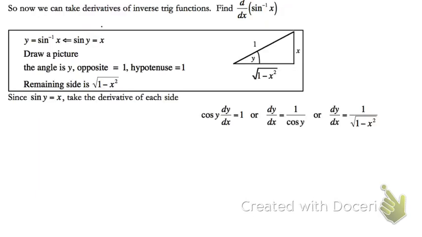Now these are where the formulas actually come from. I'm only going to show you one of them, but you could technically do this for all of them and figure out where these formulas came from. So essentially it says, up here at the top, when we take derivatives of inverse trig functions, to actually find the derivative of the inverse, which you see here, derivative of sine inverse of x. So I'm actually going to write this as